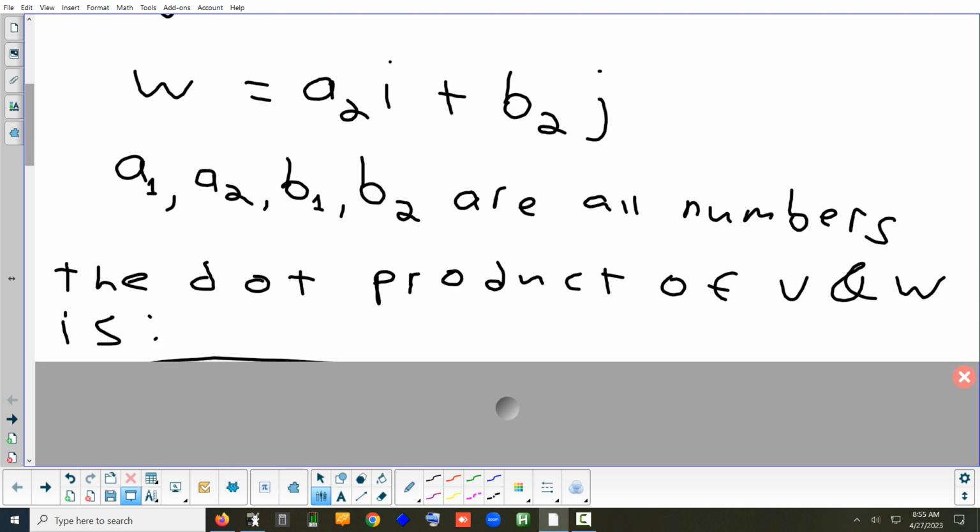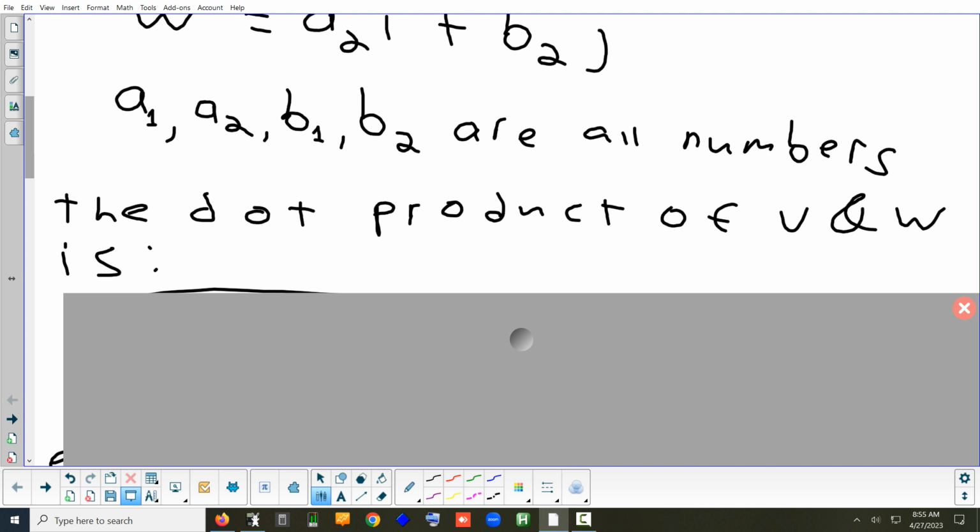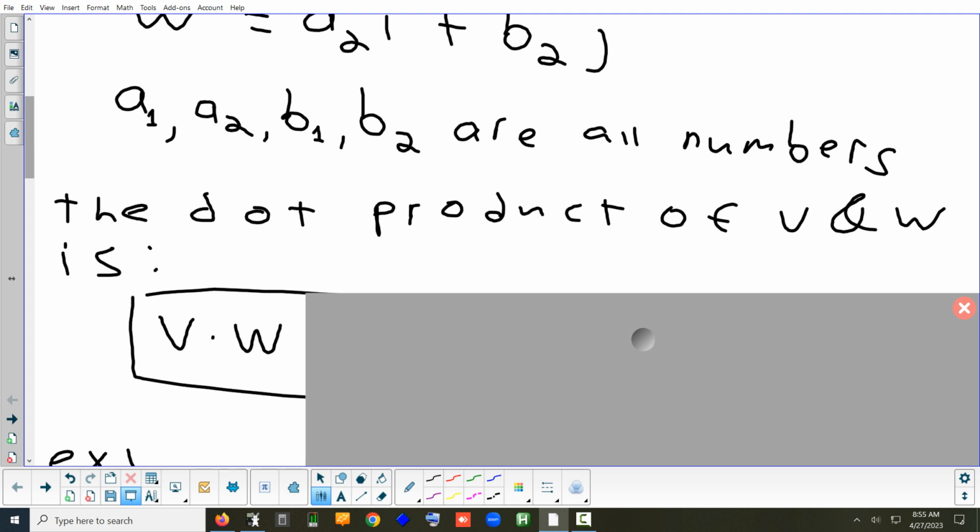So this is how you find the dot product. First of all, notice on the left-hand side of the formula, I put the notation for a dot product. And you say v dot w. That's how you say it. You don't say v times w, because in vectors, times doesn't mean anything because there's two ways to times, dot and cross. So v dot w,